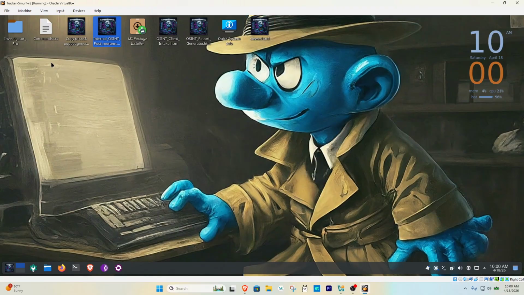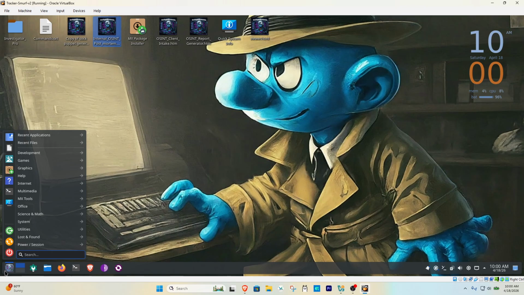There's also a viewer here, and you'll see this Investigator Pro folder here. We'll get to that in a second. But this is a pretty easy operating system. The menu's down here, and you can see there's different things in here. Kate is for files. You can see graphics. There's GIMP for imaging,